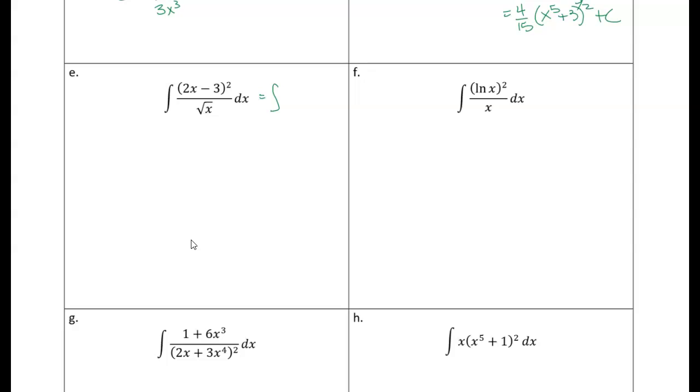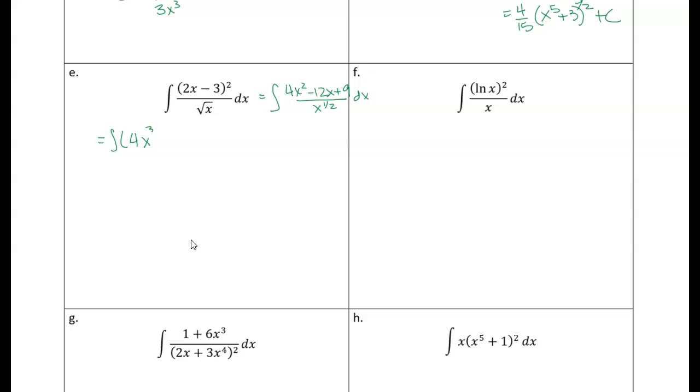If I expand it, I will get 4x squared minus 12x, first times last times 2, right, plus 9, all over the square root of x, and then I'm just going to write that as x to the 1/2, and dx. Okay, and now I can just divide each term, basically distributing this 1 over x to the 1/2 across this polynomial. And what I'll end up with is the integral of